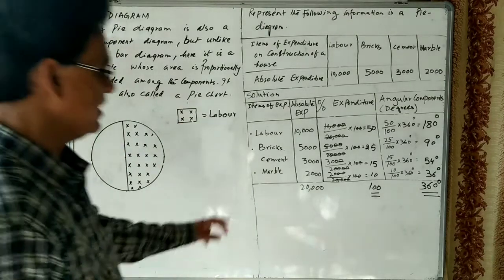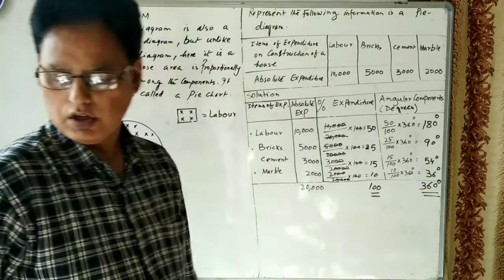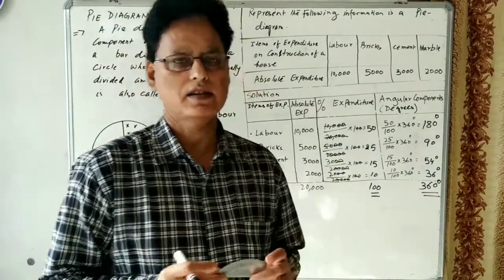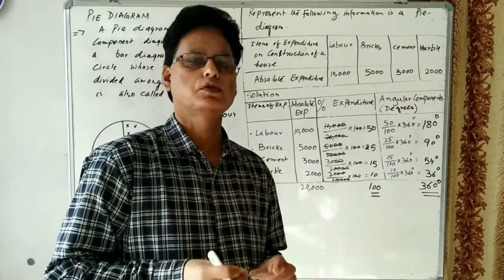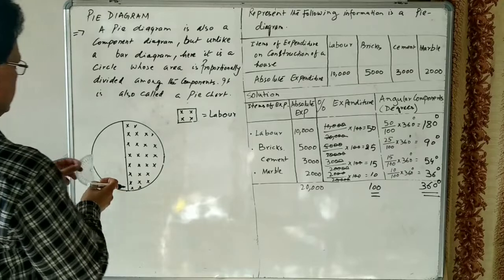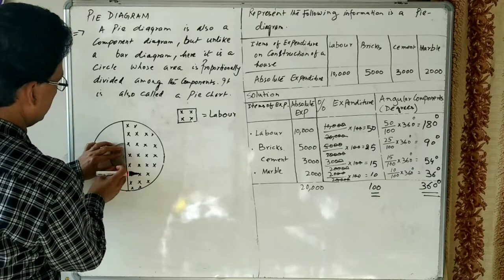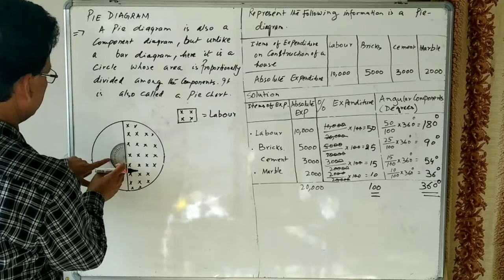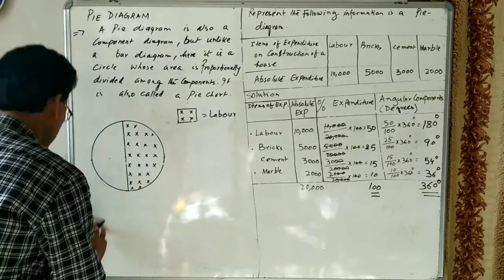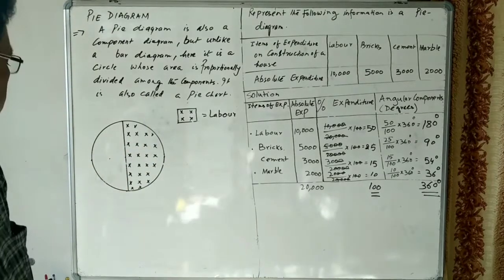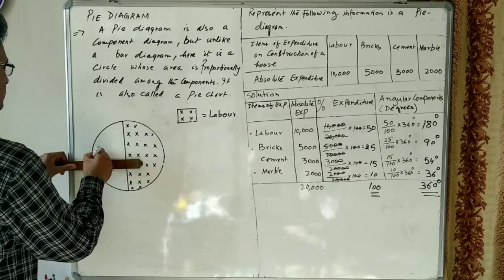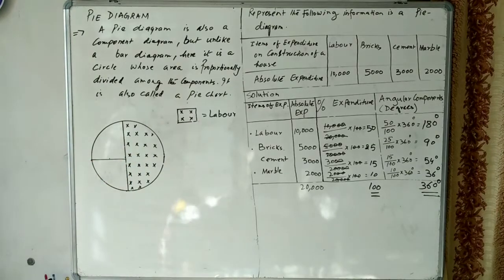And then after that, the second one is 90 degrees. So we can use the protractor. When you draw the circle, you can use a compass, and you can use a protractor here. This protractor is there, and you can make it the baseline. Here I have made it the baseline. This will become the baseline, and 90 degrees will be here only. So here that's 90 degrees. So I have drawn this.